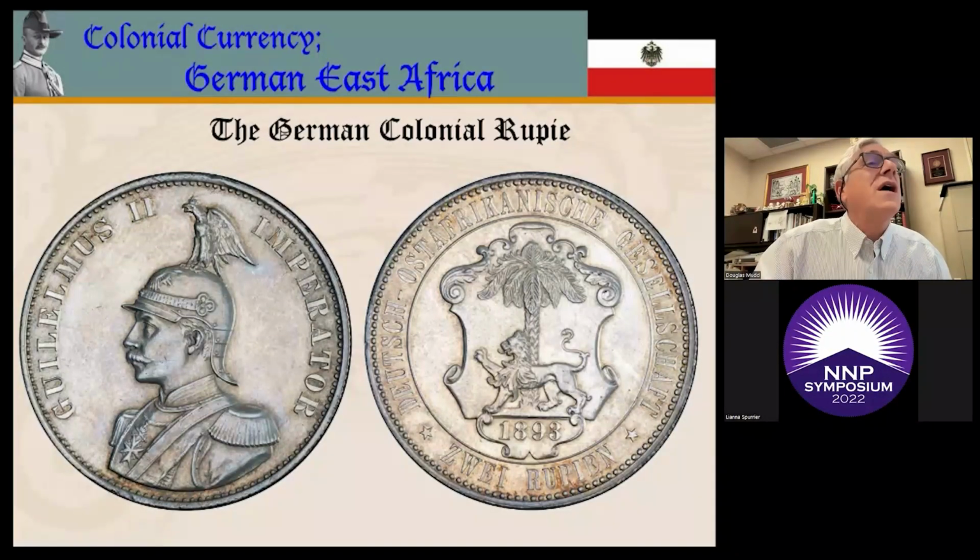So this is handsome coinage by colonial standards and was relatively successful, though at first issued in fairly small numbers. The 2 rupee was dropped after just a couple of years, making it one of the great rarities of the series.